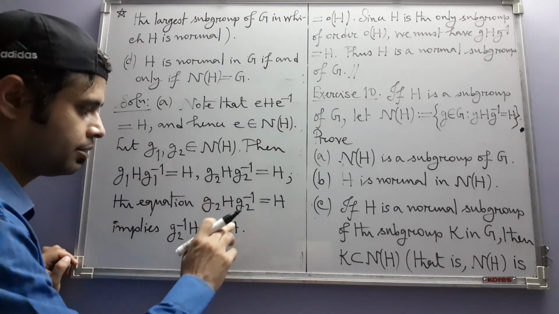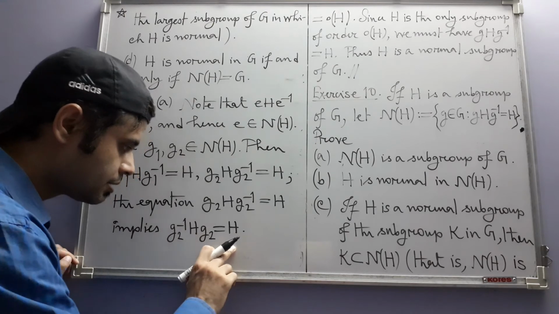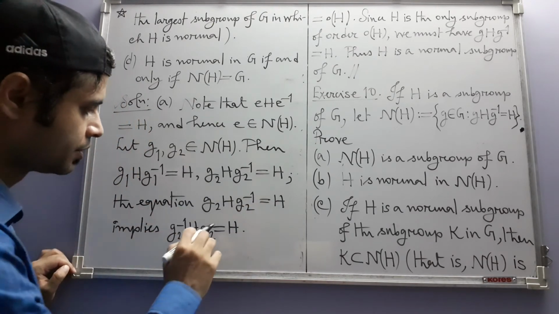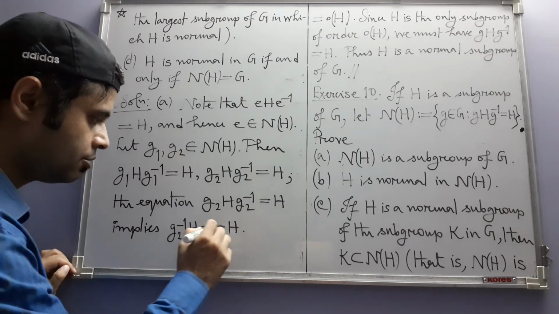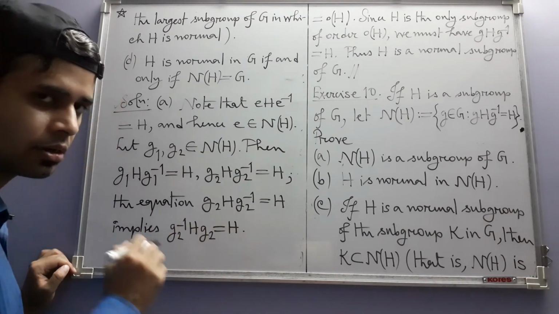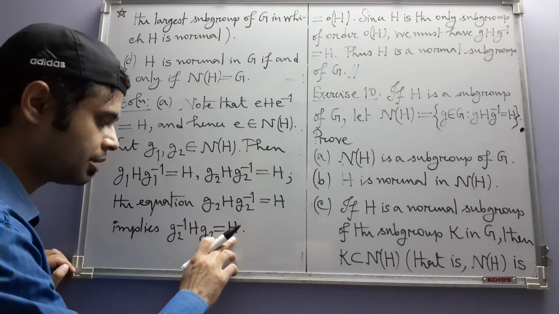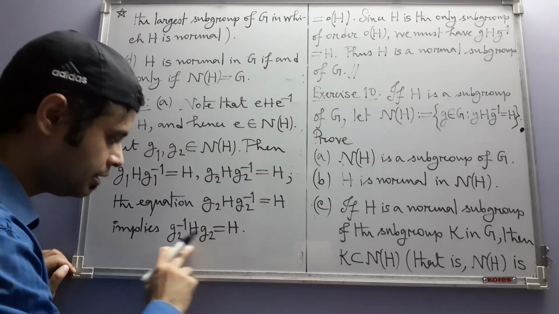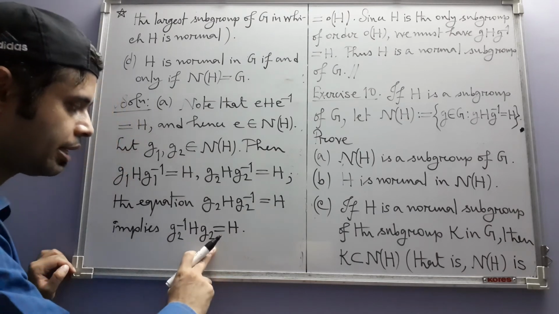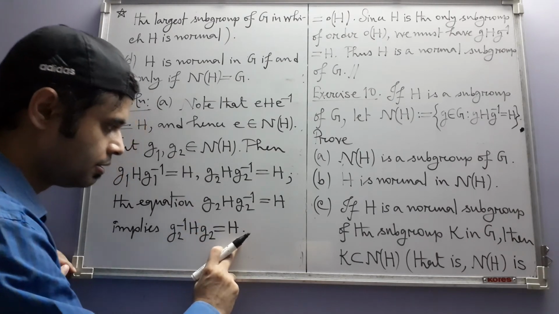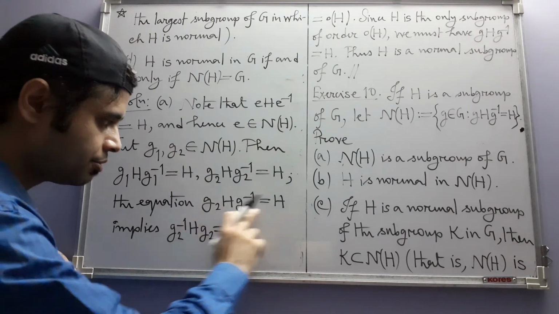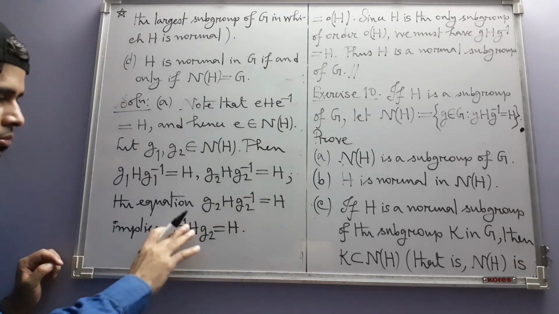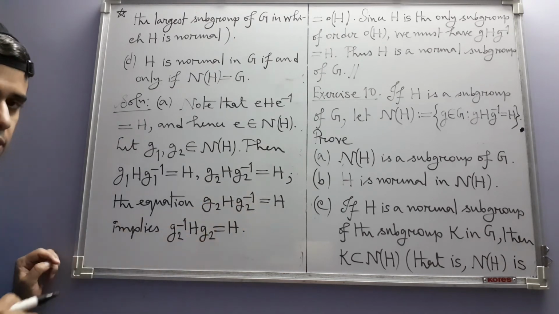The thing is that you can prove this equation from this equation. I want you to try. Of course you need to show that since these two are after all sets, they are subgroups fine, but as sets they are equal. So you take any element here, you prove that that element belongs to H, and in showing that you have to use this one. I think you should be able to prove that this implies this.